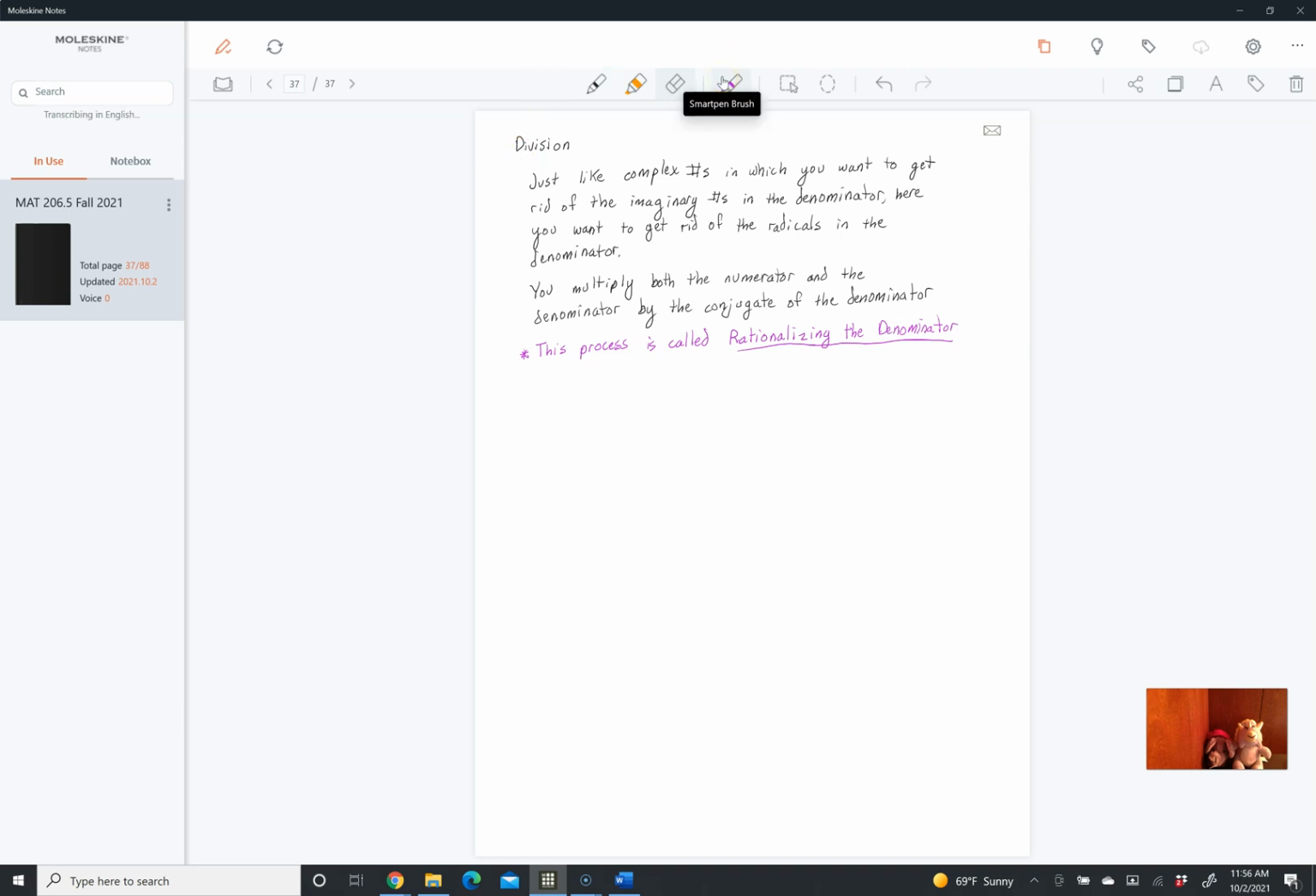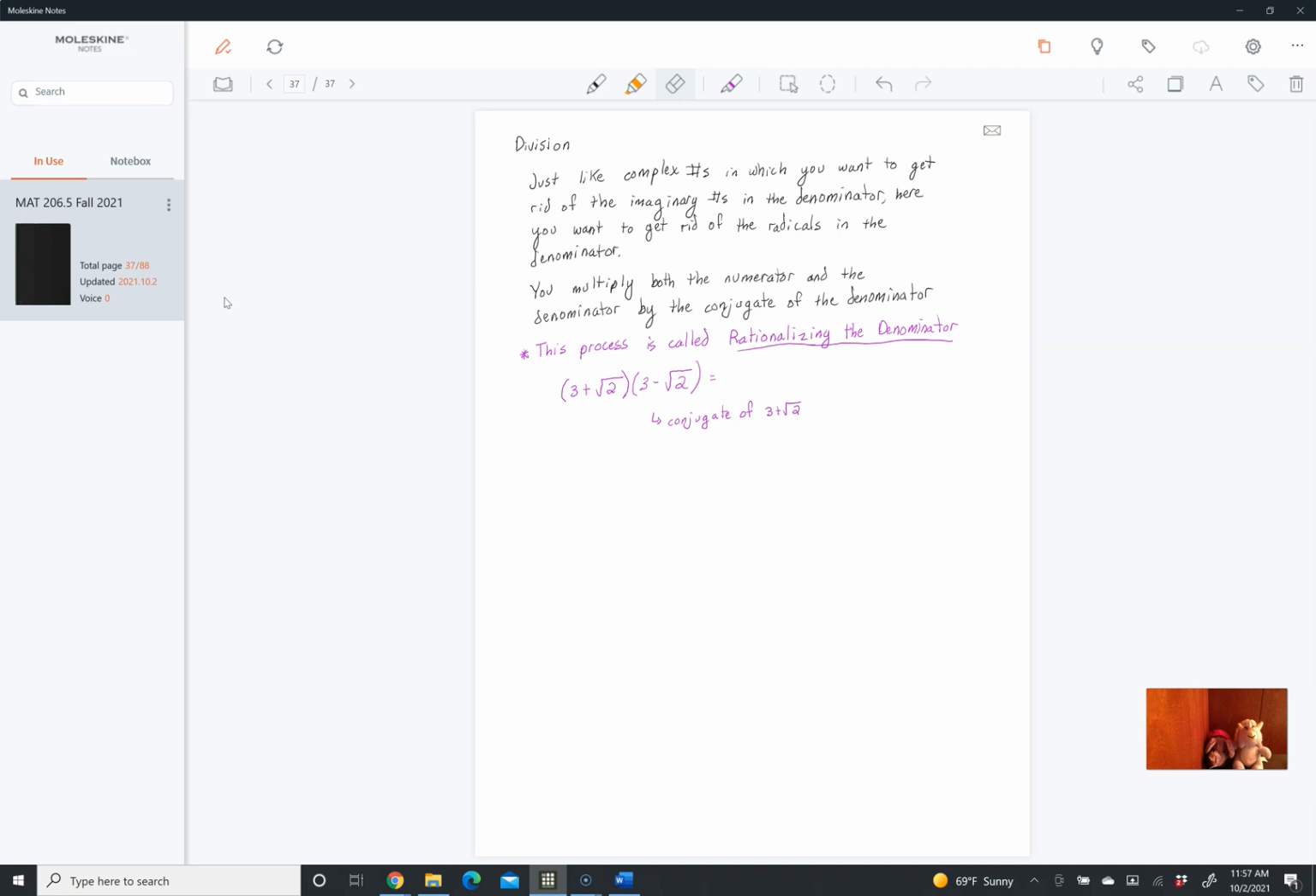So just as a note here, why does this work? Well, let's show this by example. The conjugate of 3 plus the square root of 2 is 3 minus the square root of 2. So remember, the only thing that changes sign is that second term, what's in the middle. So this is the conjugate of 3 plus square root of 2. So if we